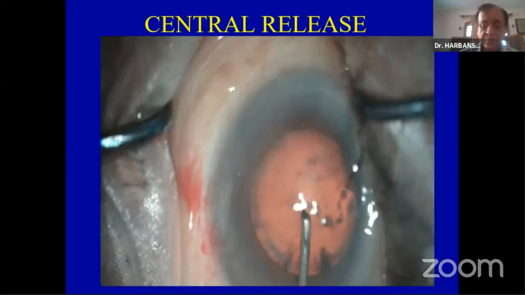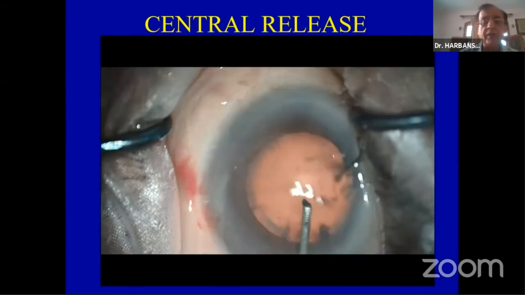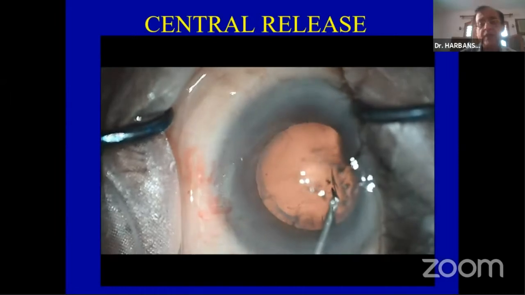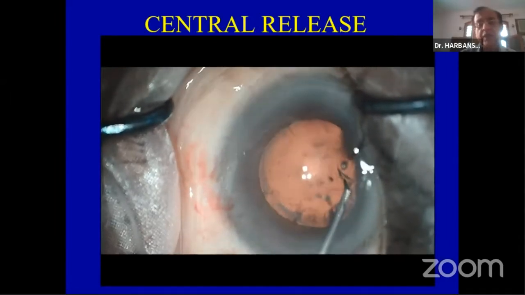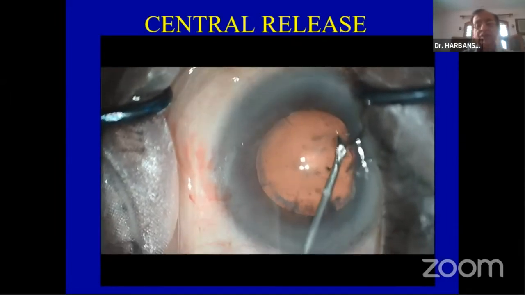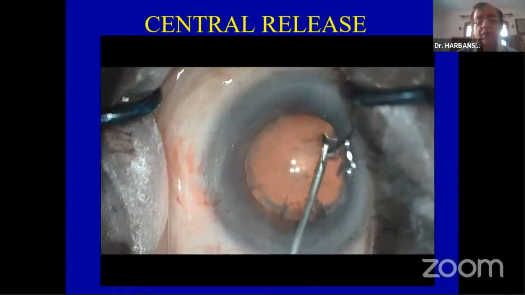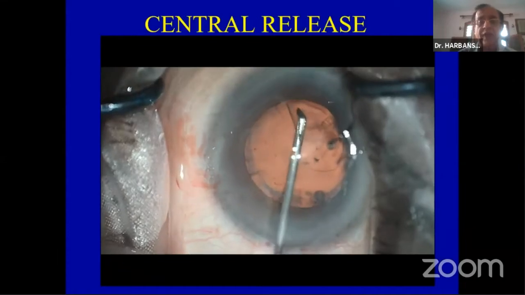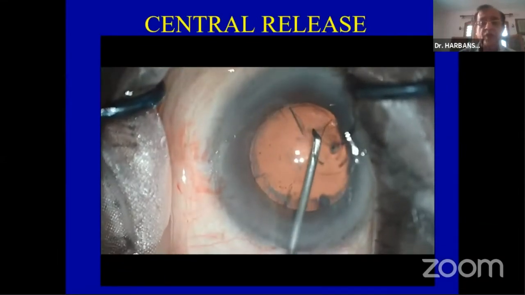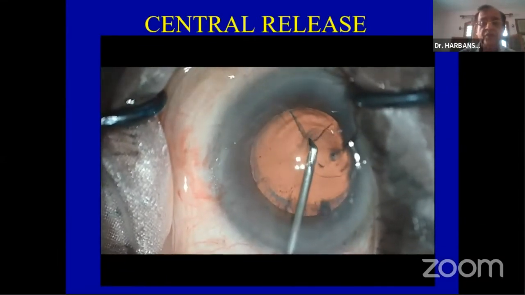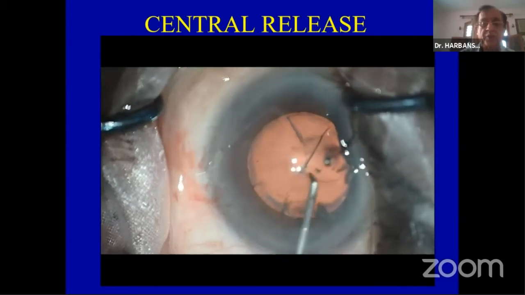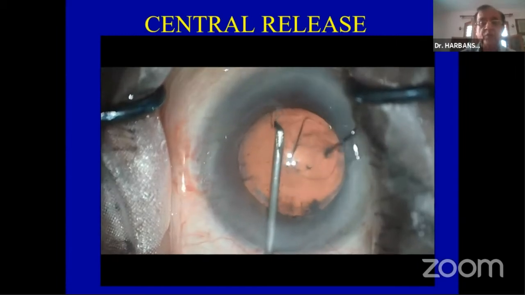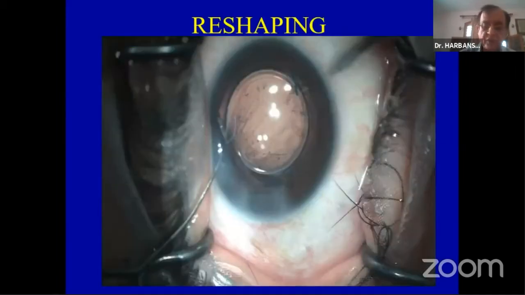Now another important point is about this rexis. If you see that I started slightly towards the right hand side, and the central cut end is on the right hand side, this will act as a pivot, and the rexis will become eccentric. So whenever you get this type and you're not able to turn the flap, and in this case we try to turn it, then you release the rexis in the center, this part, release it over here so that the flap can be properly turned and you can proceed with the proper size rexis.